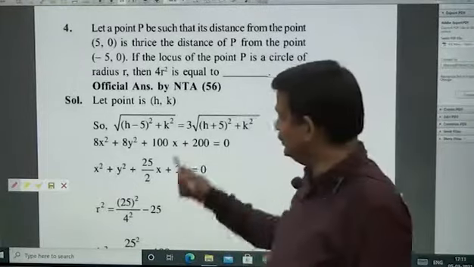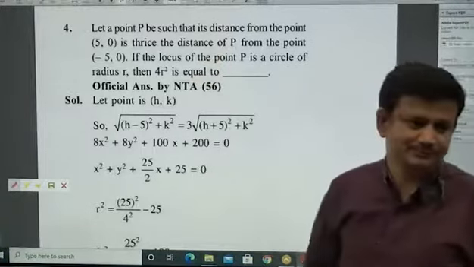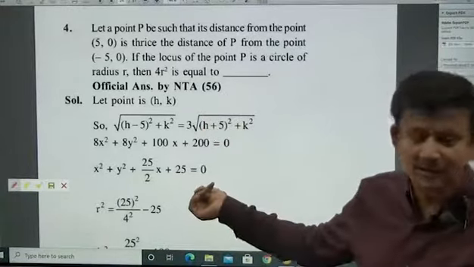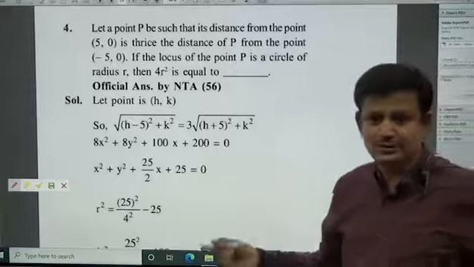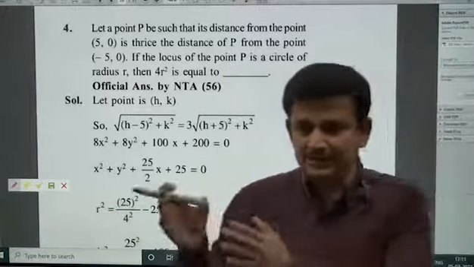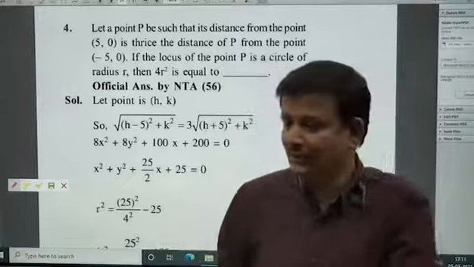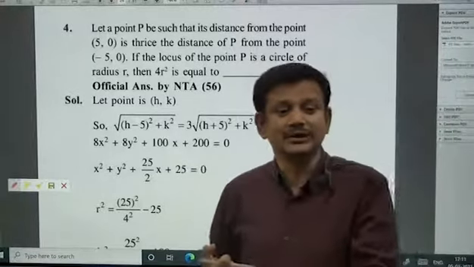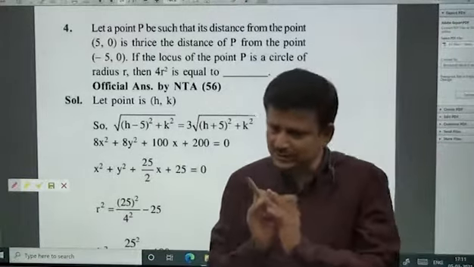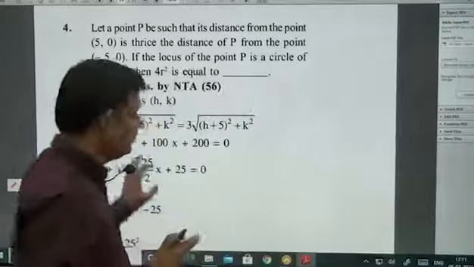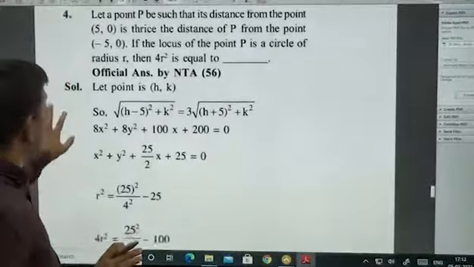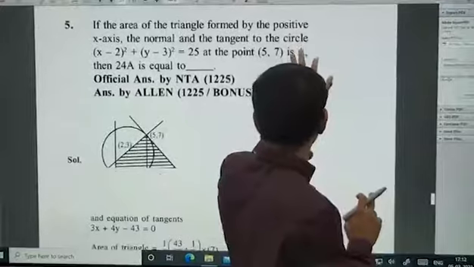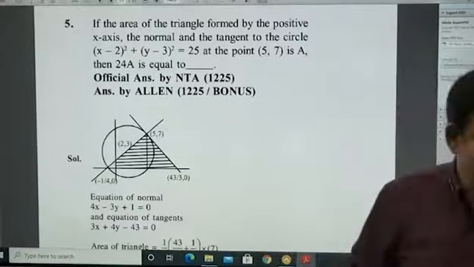But this will be difficult when he gives the same thing in complex numbers. In coordinate geometry, this is fine. You will get a simple circle equation, but this may be difficult in complex numbers. So just by looking at PA by PB is equal to constant, you should identify it is an Apollonius circle. If that constant is 1, it will be a perpendicular bisector. Very important. Apollonius circle is repeatedly asked, especially in Advanced. He will ask in complex numbers, very rarely in geometry, unless he wants to make the question simple.